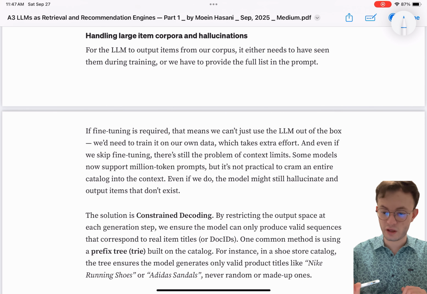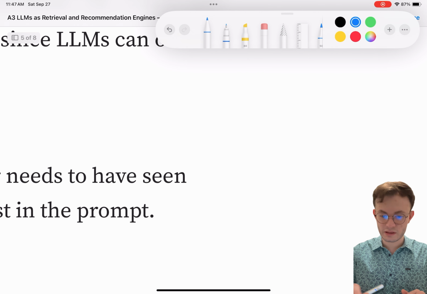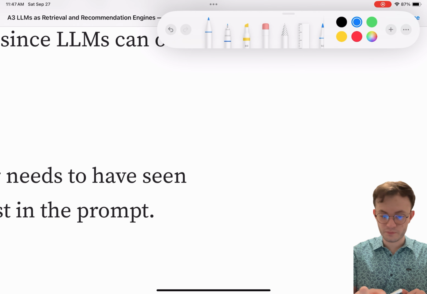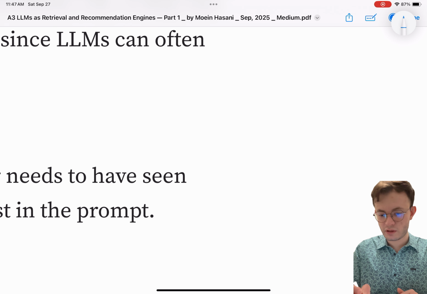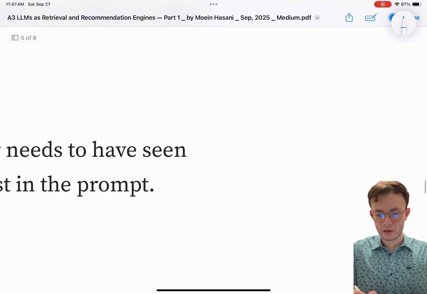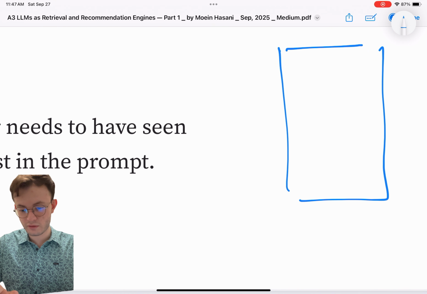One thing you can do is have your prompt, and in this prompt you start giving all the possible items to the LLM to select from.